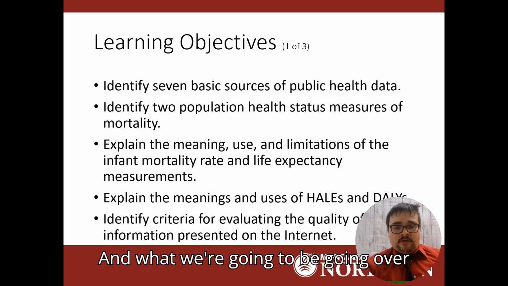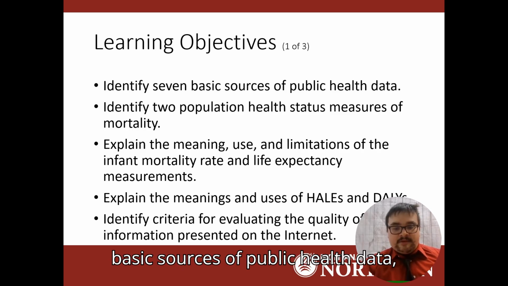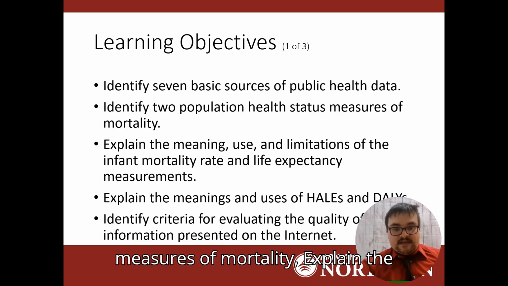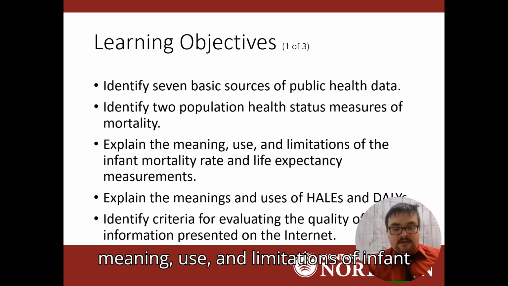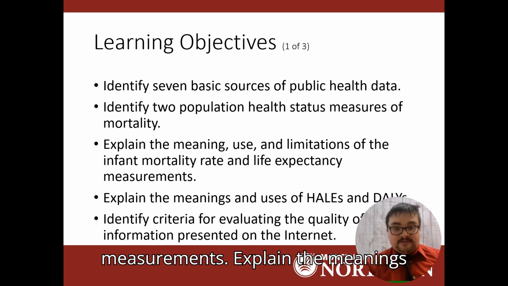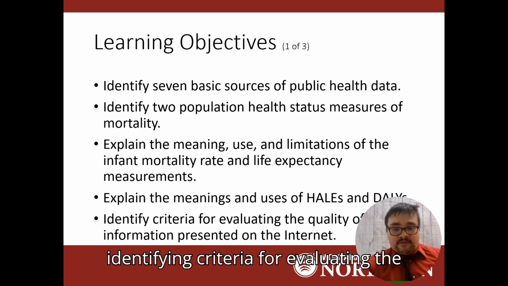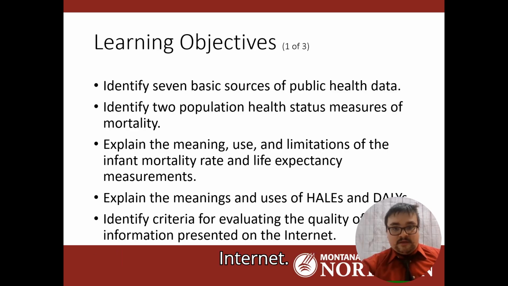What we're going to be going over in this chapter is identifying the 7 basic sources of public health data, identifying 2 population health status measures of mortality, explaining the meaning, use, and limitations of infant mortality rate and life expectancy measurements, explaining the meanings of using HALEs and DALYs, and identifying criteria for evaluating the quality of information presented on the internet,